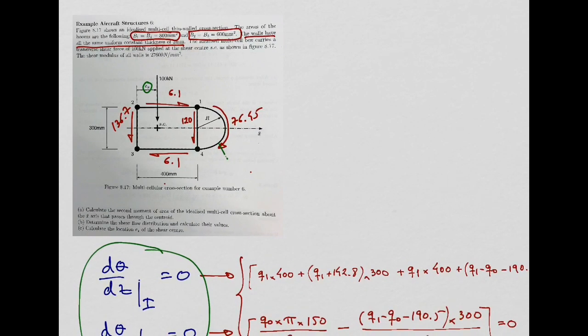So, we are going to use this equation, which is summation of moments produced by the shear flows needs to be equal to the summation of moments produced by the external transverse shear force. Okay? And we need to decide which point we are going to use to calculate these moments. I think point 3 or point 2 is a good point. Okay? So for example, about point 3,